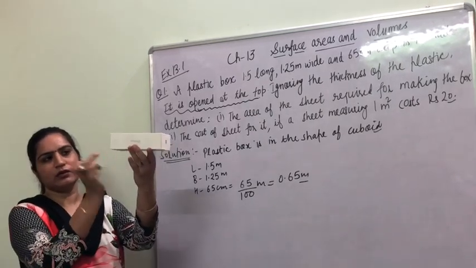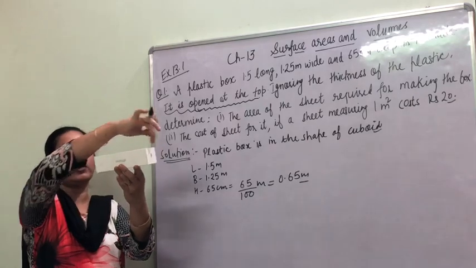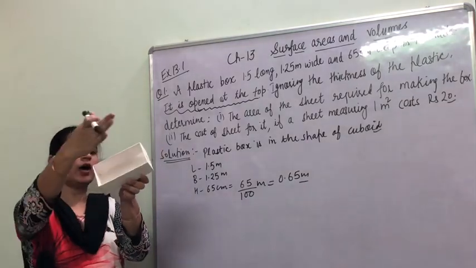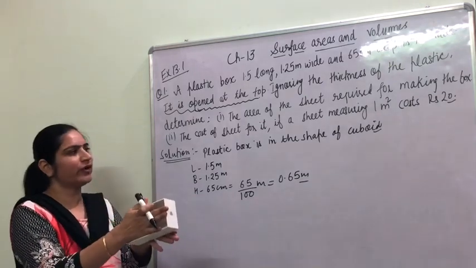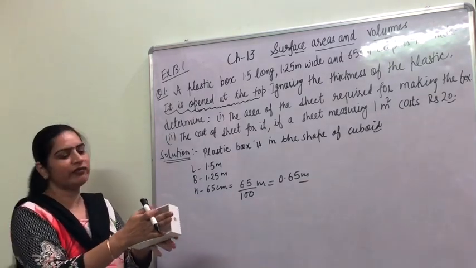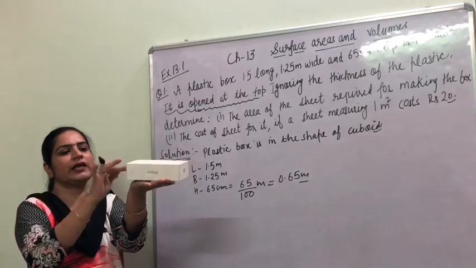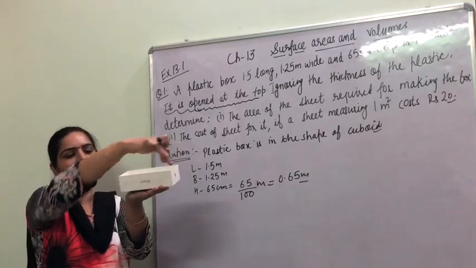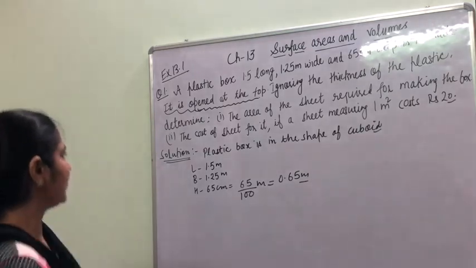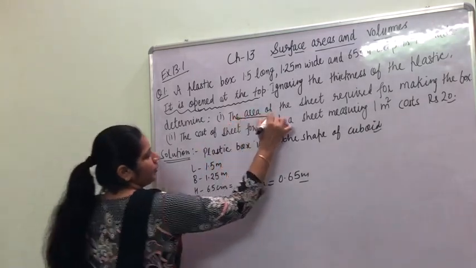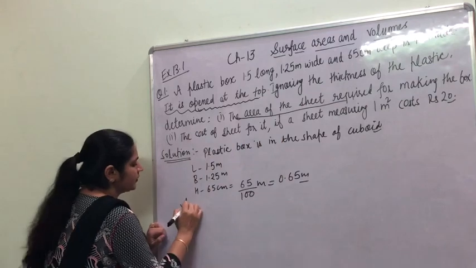This 1, 2, 3, 4 and 5 faces. This top is not there. Top is not included. Open at the top. So we have to find the area of all the 5 faces, means the area of the lateral faces and the area of the bottom. So the total area of the sheet required is,